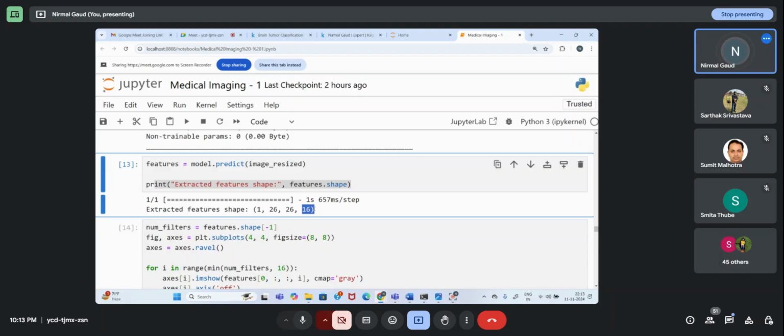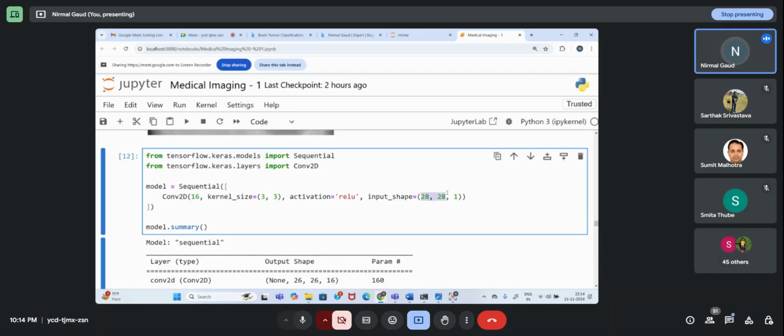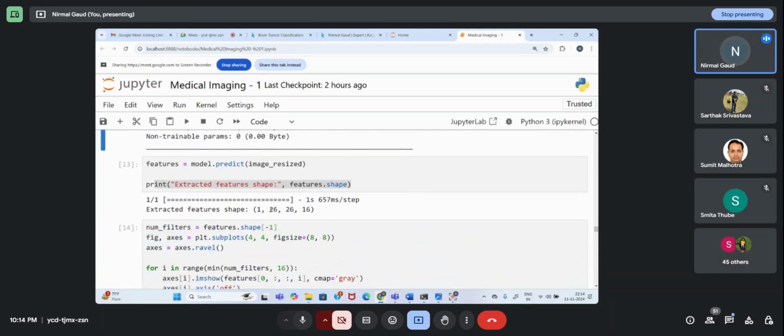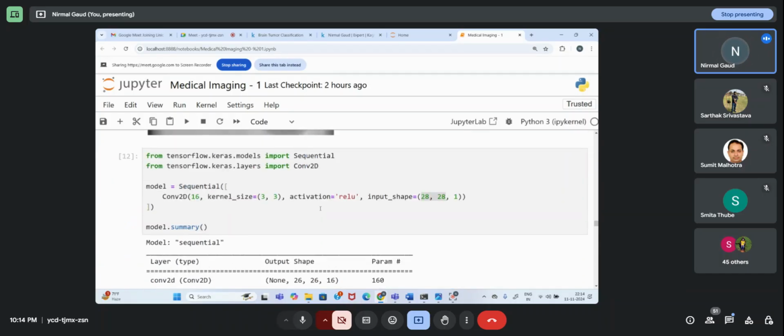This is the extracted feature shape. Initially, the size of the image was 28 by 28. Now it is 26 by 26, grayscale image, 16 depth. So I have used convolution just once. We will be using it a lot.